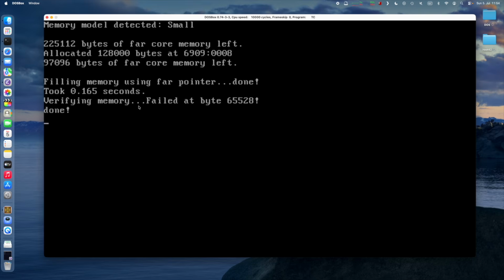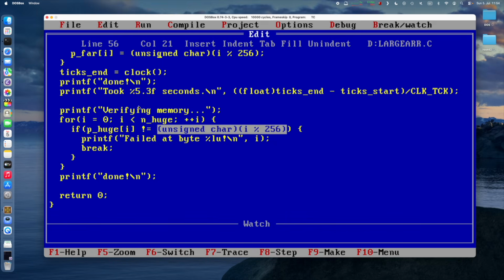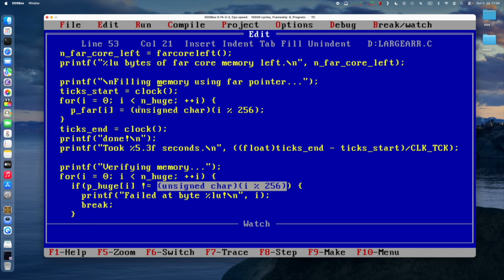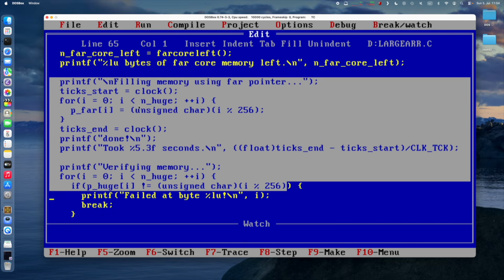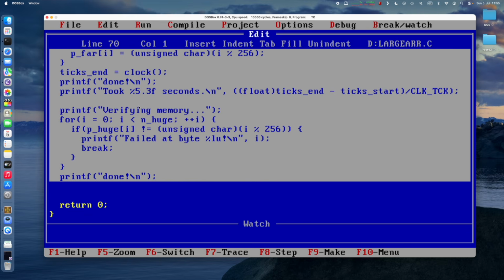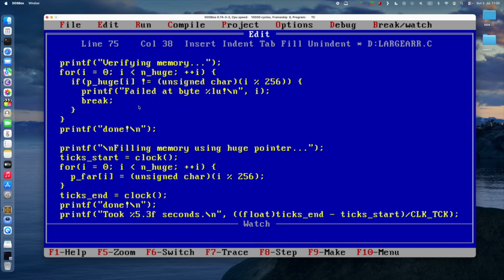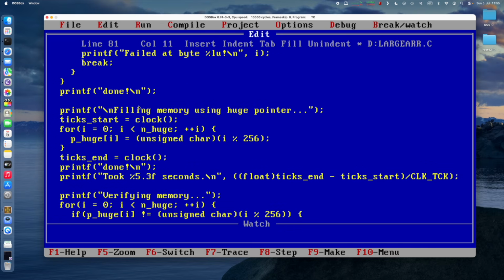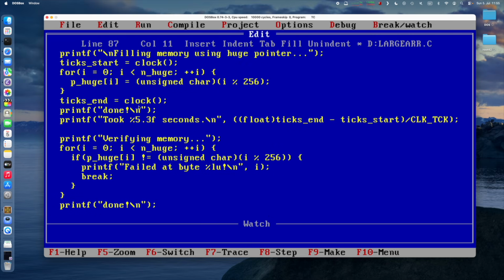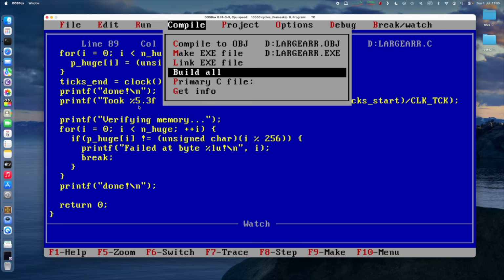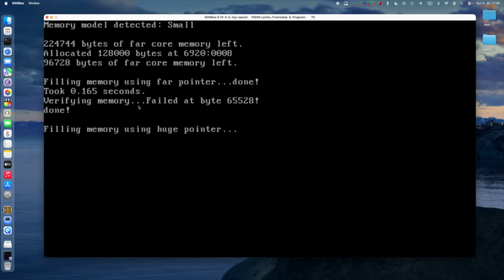So let's try this. Let's try to use the huge pointer to fill the memory and do the whole thing again. So we can basically copy this whole block here, and do everything including the verification. And let's rewrite this using the huge pointer, which is here. Took something seconds, then we will do that. And now when we build this, we should see